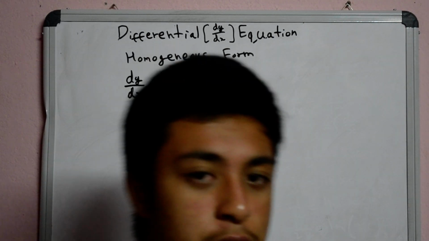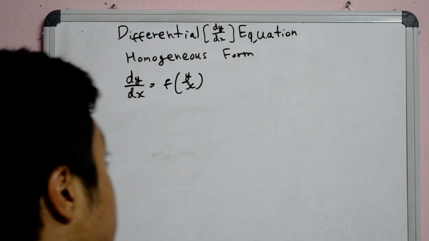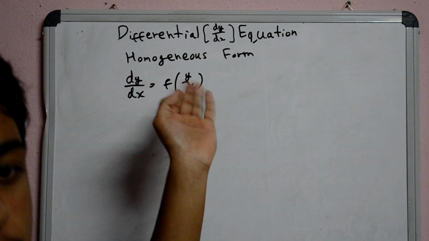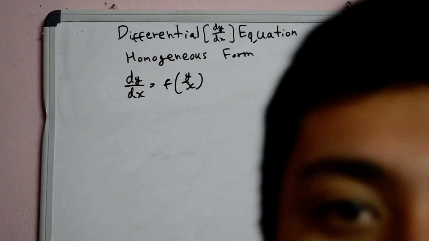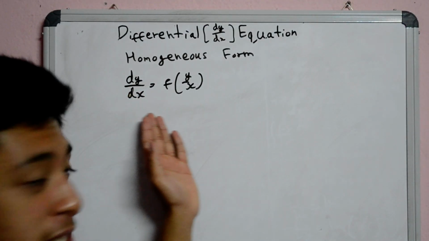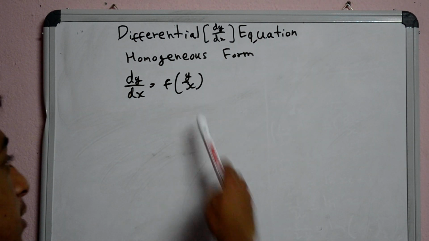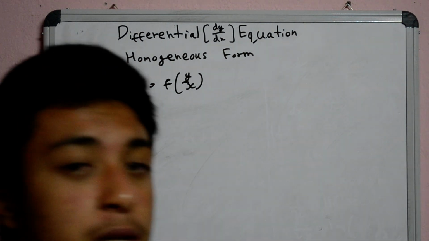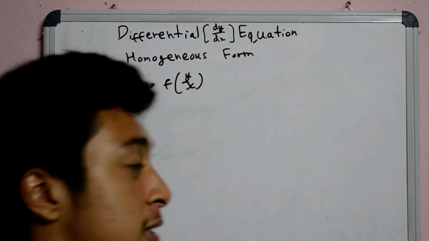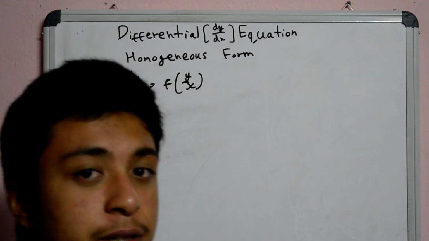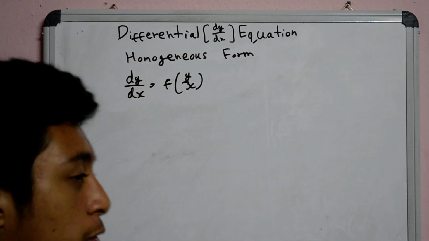Hello guys, so today I'm going to be explaining the homogeneous form of the differential equation. If we have dy/dx as a function of y/x, then it is in the homogeneous form. What this means, or a good way to check if it is in the homogeneous form, is to let